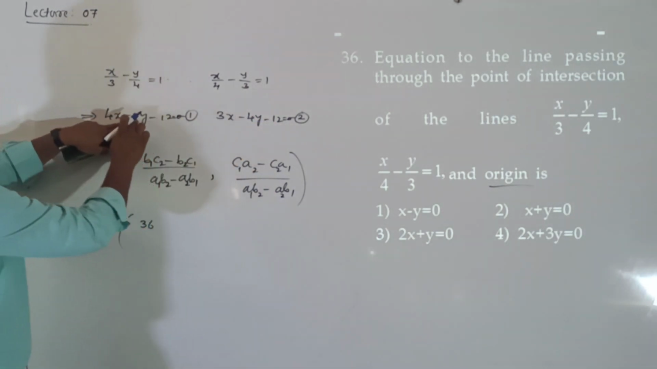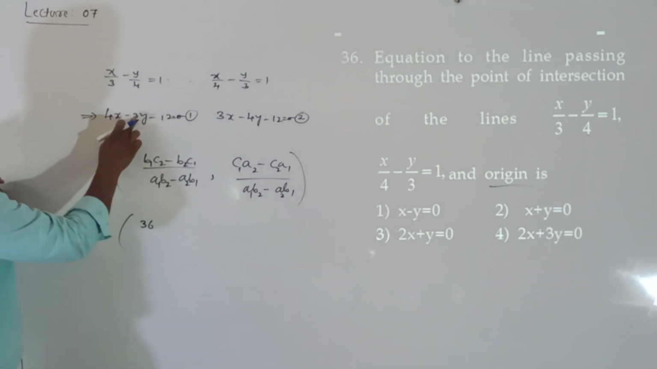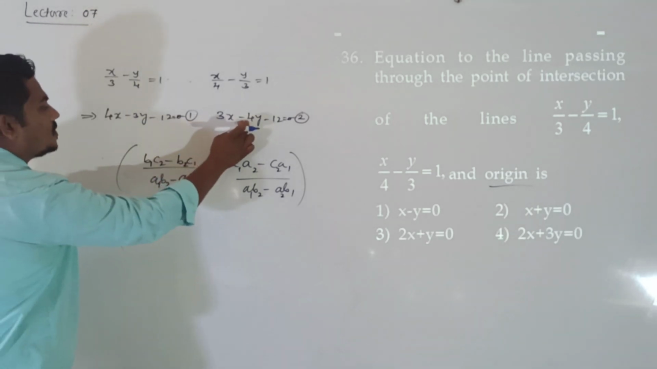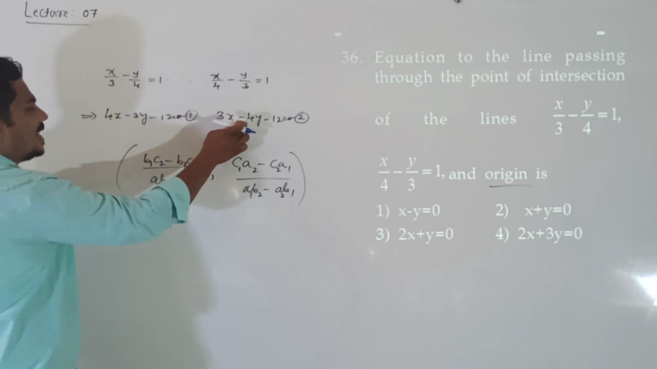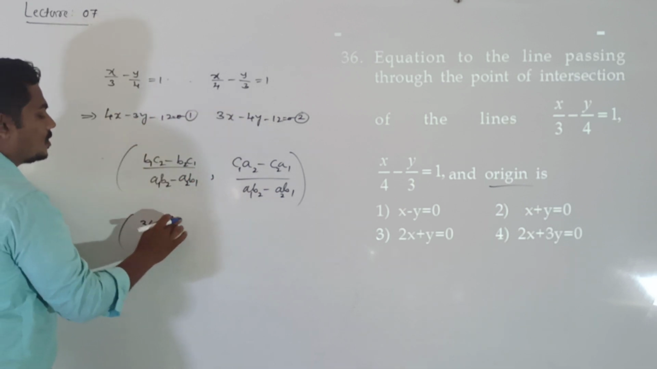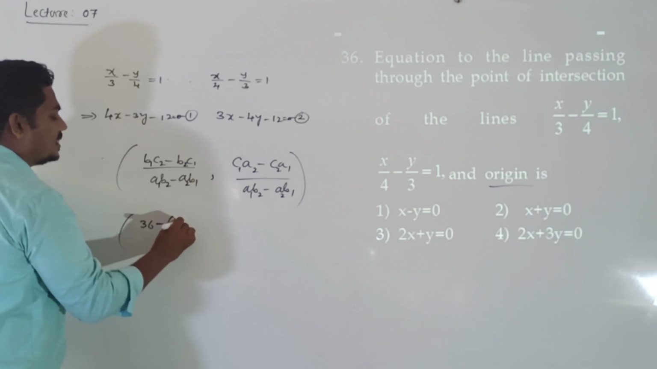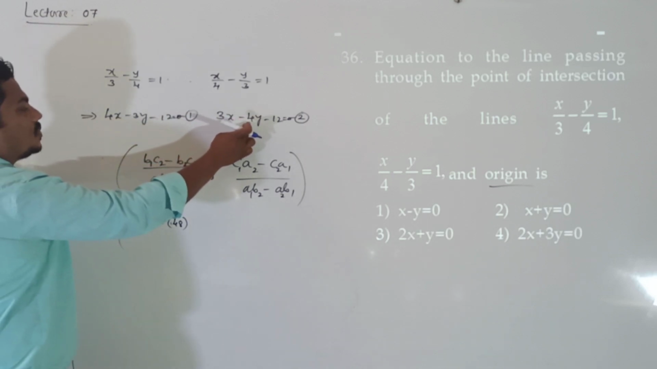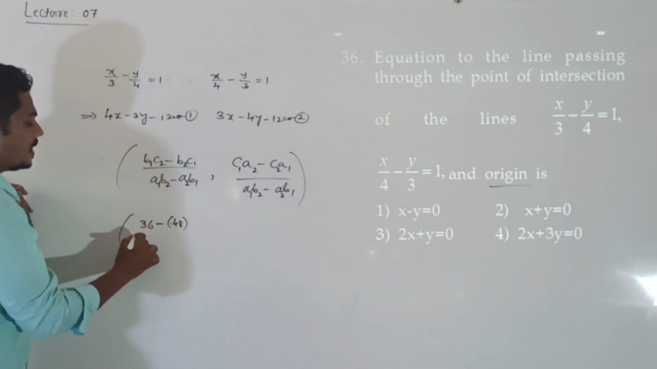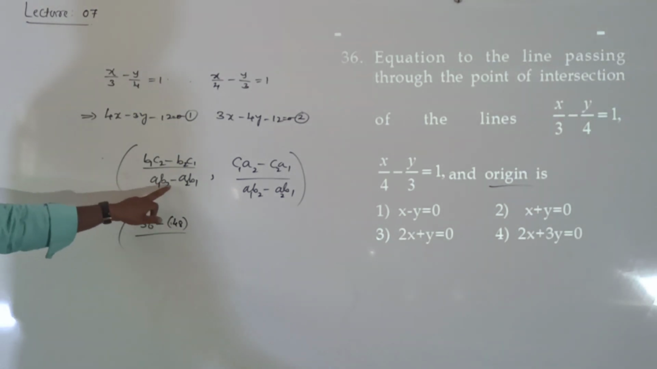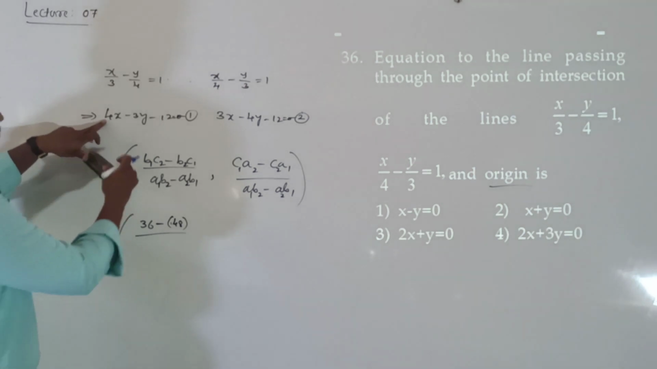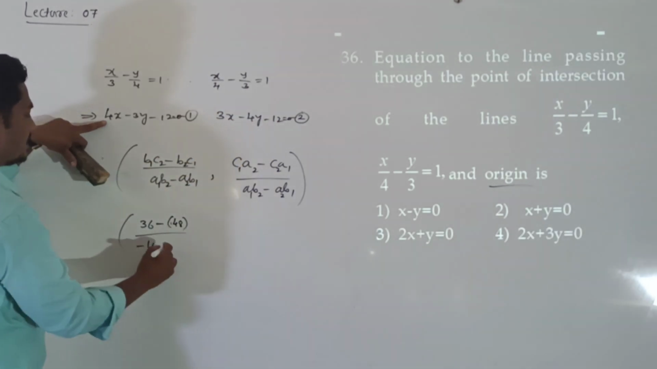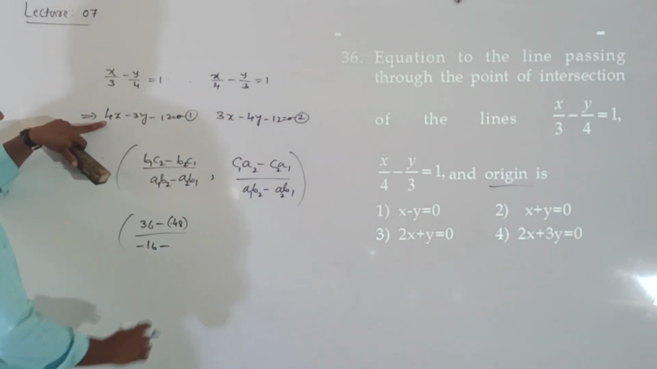C2 value minus 12, B2 value B1 value minus 3, 36. Middle minus B2 C1. B2 C1 means clearly minus 4 into minus 12, that is 48. B2 C1 divided by AB minus AB, A1 B2 minus 16, A1 B2 minus 16, minus A2